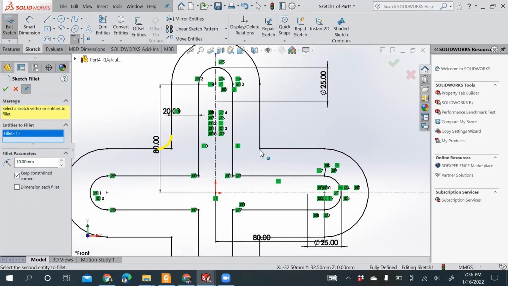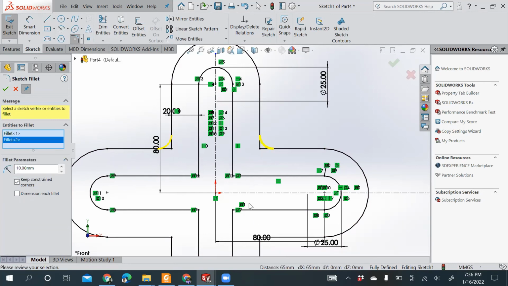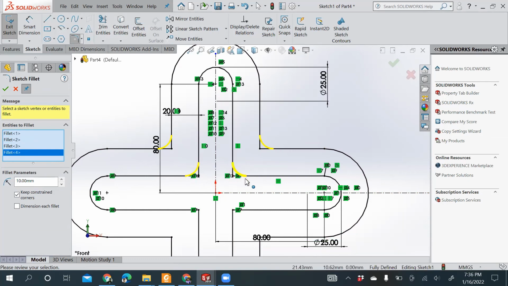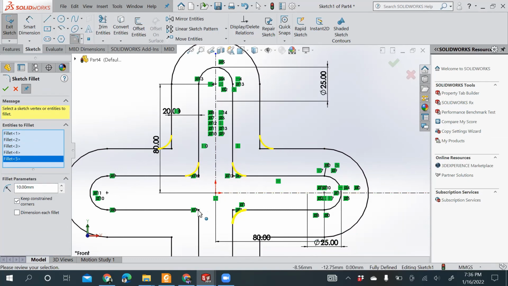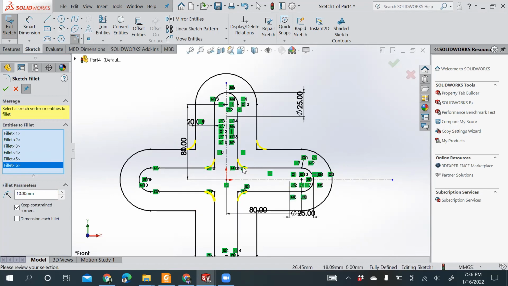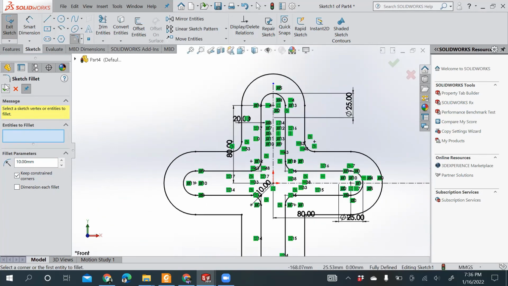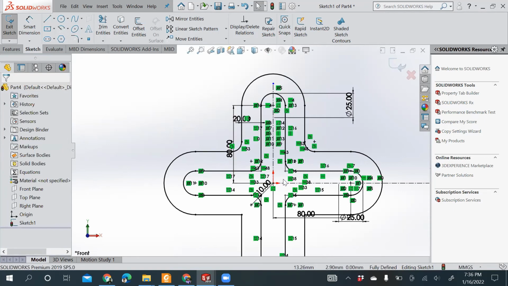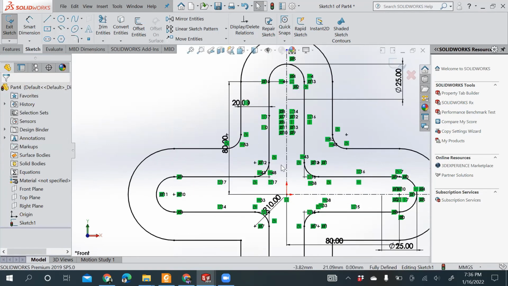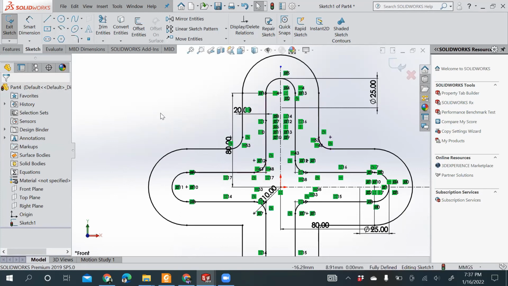You can increase it or decrease it according to your need, but just to give you an idea of how this sketch fillet entity works, you just need to select the corner on which you need to fillet. Selecting this corner, make sure all of the corners are selected, and there you go. You have fillets here. Those sharp corners are now gone. So see how these fillets help us out in cutting out these particular corners.